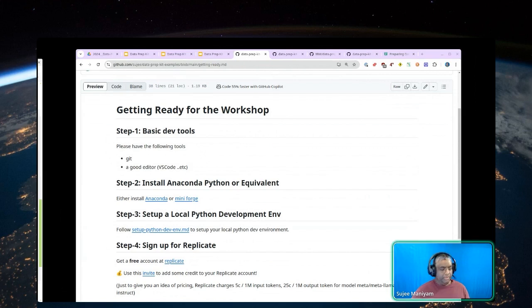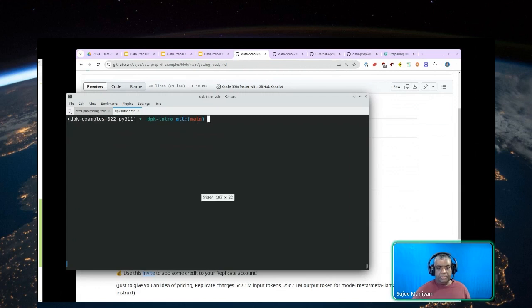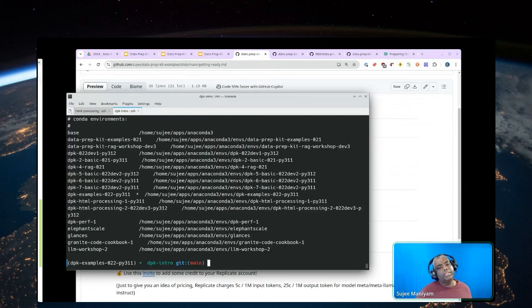Let me bring up my terminal. This is my laptop, and if I run conda list, you'll see I have a lot of environments set up. For example, I have one I just set up yesterday,